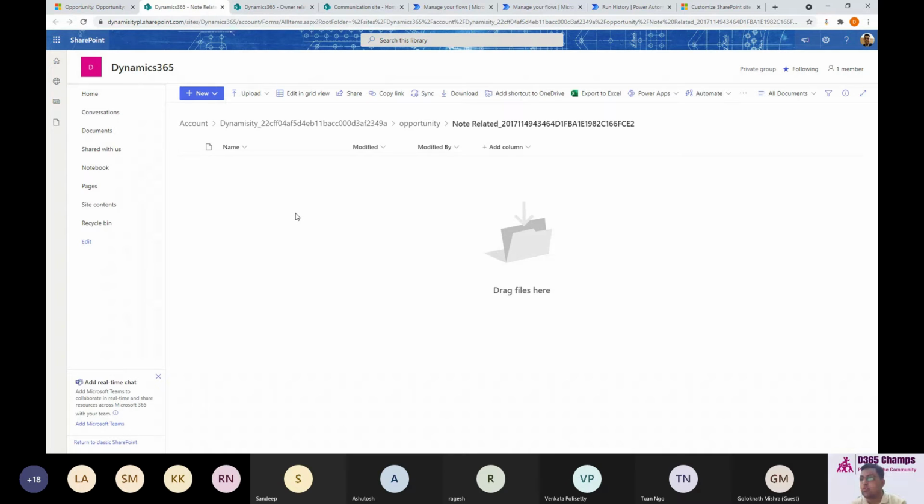I'm using the account-based structure. So you can optionally choose to use the account-based document structure in SharePoint integration with Dynamics 365 CE, or you can also choose to do contact. In my use case, I'm taking the example of account. You can very well leverage contact-based as well. What traditionally happens